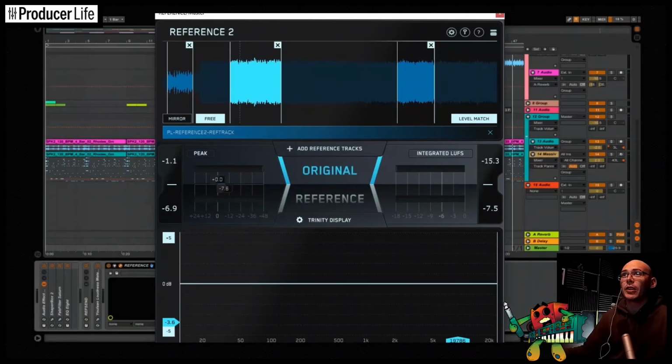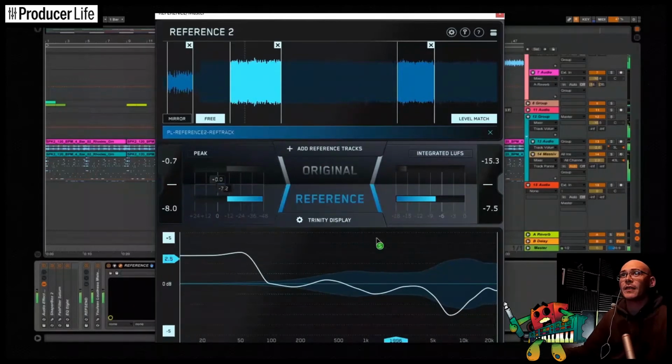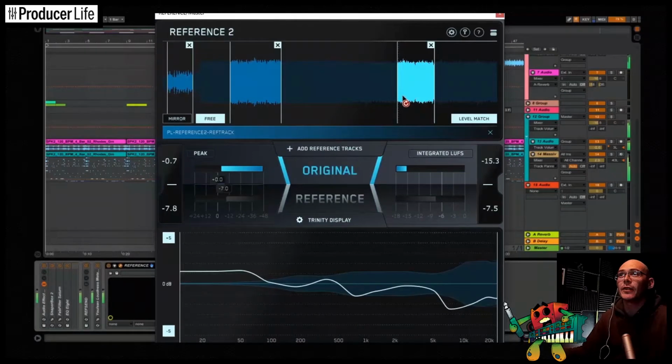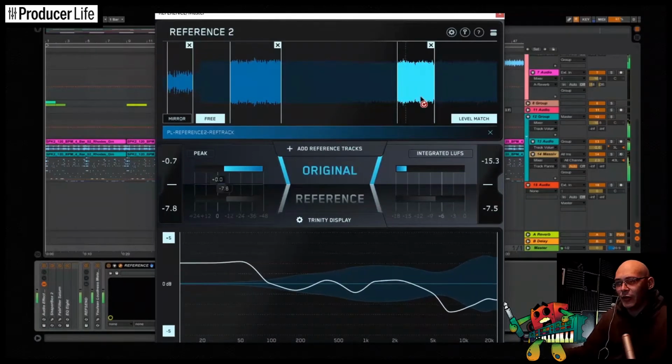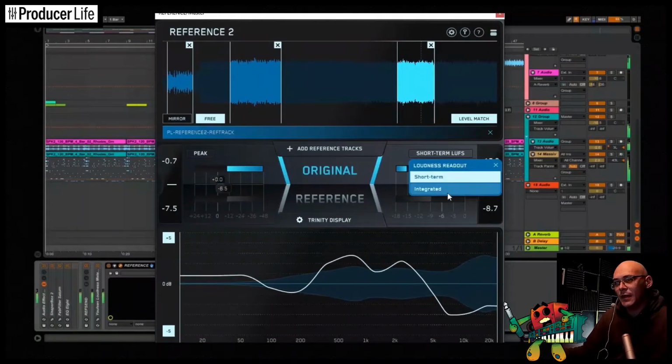Referencing your songs can be a crucial part of your mix and mastering process. There are different ways you might want to use reference tracks, from trying to match your favourite master of another song, similar artist and genre, or getting consistency on a group of tracks for an album. Maybe you're just working on one song and you want to compare the different masters so you can pick your